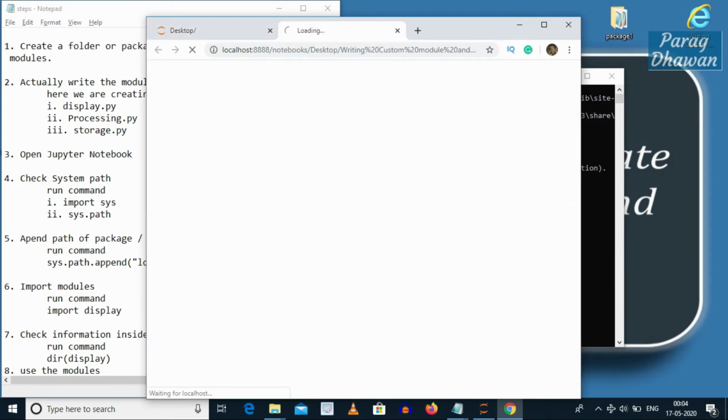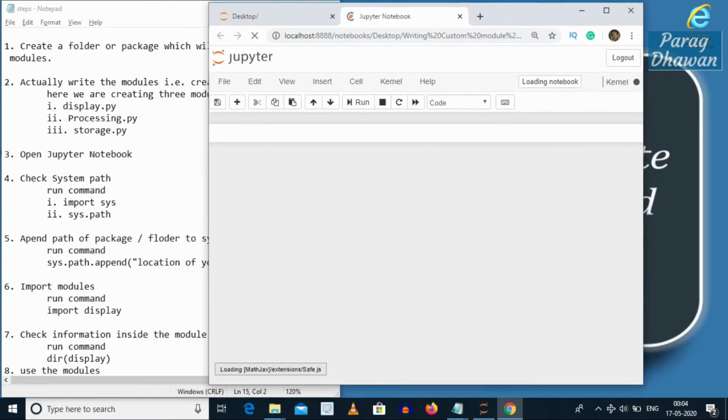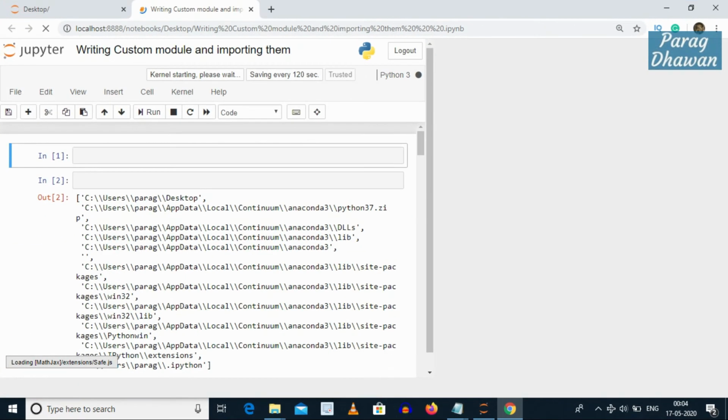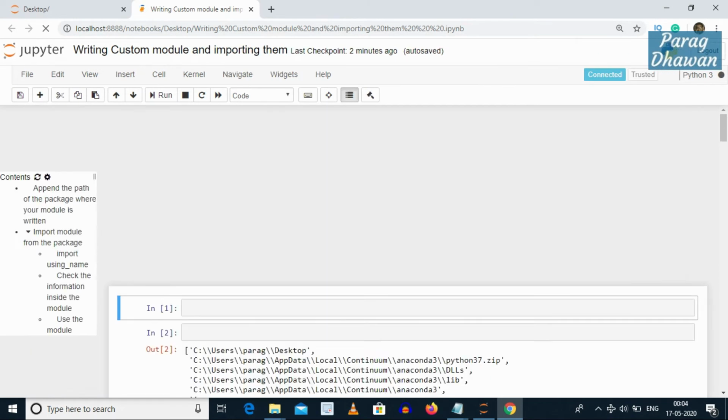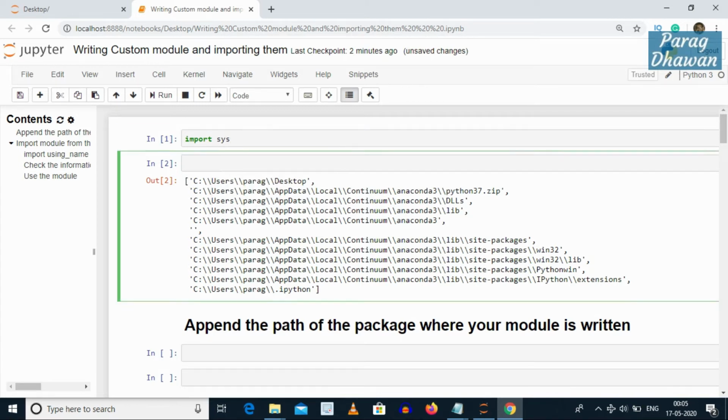Writing custom modules and importing them. First we have to check the system path. For this we will import the module sys and inside that module we will run sys.path.